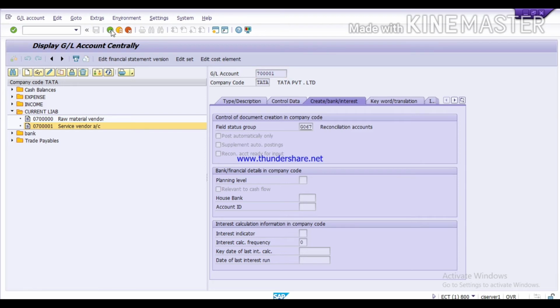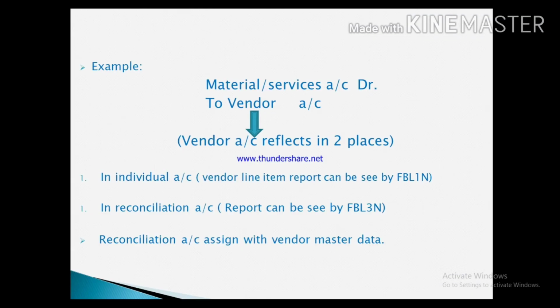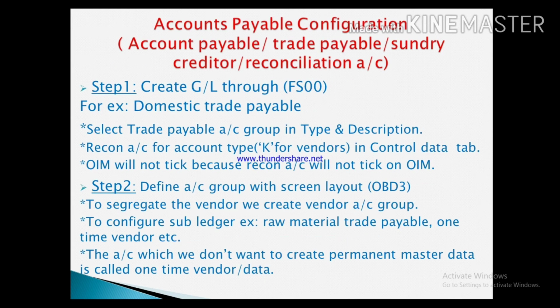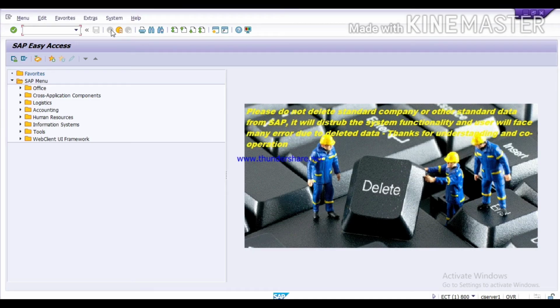Now we'll get back to the presentation. Step 1 we have completed, and step 2, define account group for screen layout under the T code OBD3. Here we will run the T code OBD3.